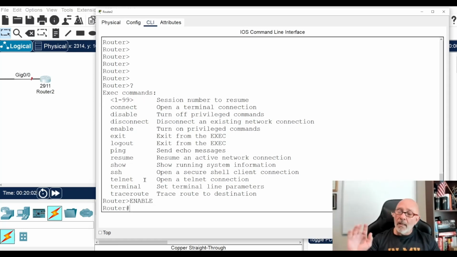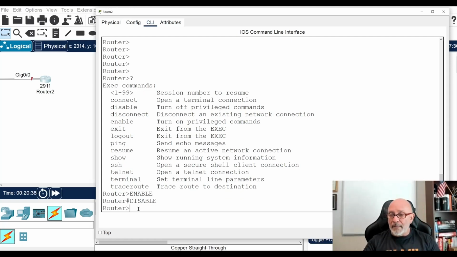Now, this is where in the new CCNA Torrent Studio 1, they're calling this enable mode. And this is the logic behind it: you're enabling high-level commands. This is always called privilege mode because you have privileges to do higher-level commands. But that's why they call it enable, because you're enabling those privileged commands. By that logic, if I disable, so is this disable mode?